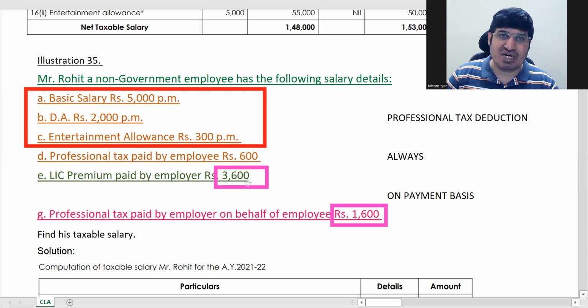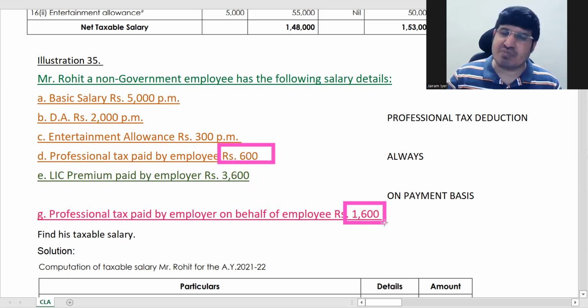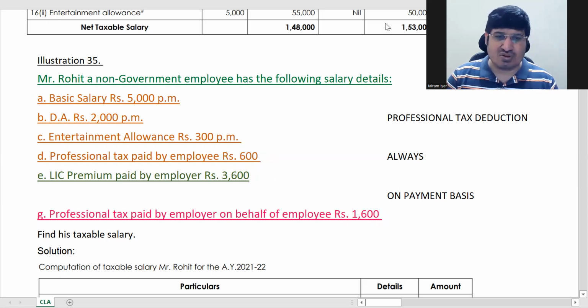At the end, you will give deductions. One will be standard deduction. The second one will be professional tax deduction. Here you will have to add 600 and 1,600 because that is the professional tax paid. Paid by whoever is not the question. How much professional tax has been paid in total, that you have to see. So if we now go down and see the solution,